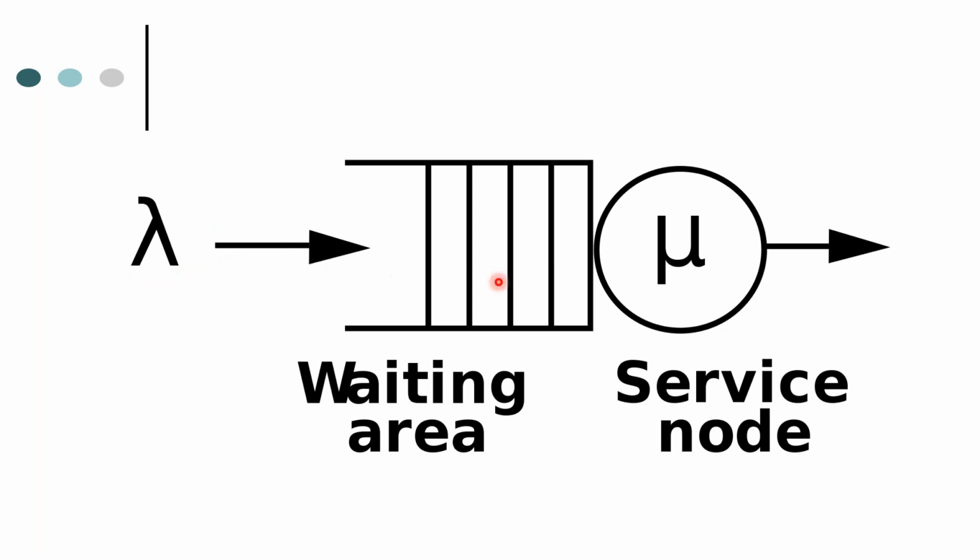Okay, and this is your waiting area, or you can say this is your queue where a number of customers are waiting for the service to be provided. And this is mu, which is your distribution for service time, that is called your service rate or your departure rate. Okay, it is denoted by mu. This was the diagram we studied yesterday.